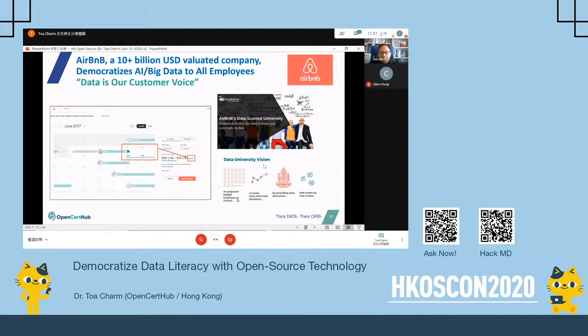That is their strategy. So they invest in training all the employees about big data and AI. It used to be only a privilege for data scientists. Now they democratize it to all employees. Everyone needs to listen to the customer, not just data scientists, right? If you enable them to use big data effectively, they can make use of this intelligence to understand their customer. That's what it means. So this example is very important.